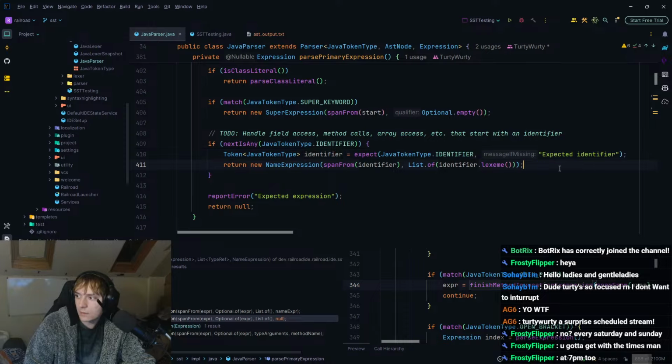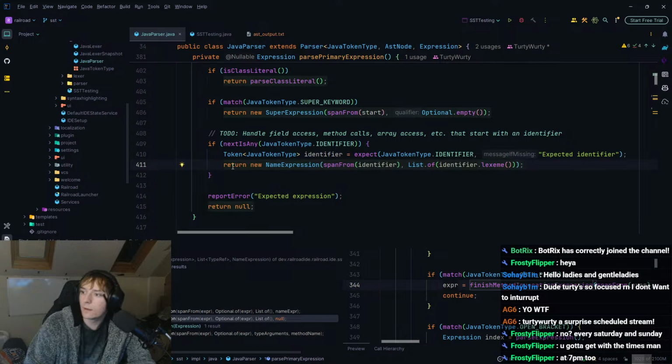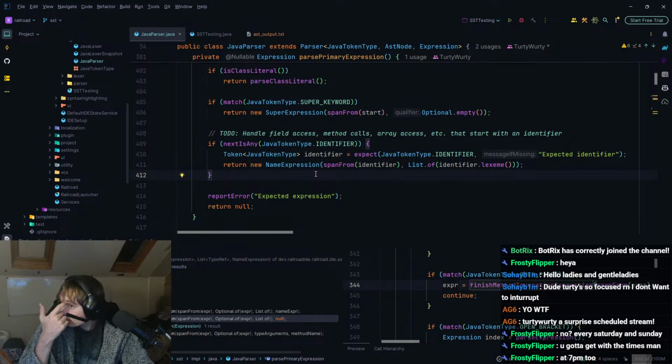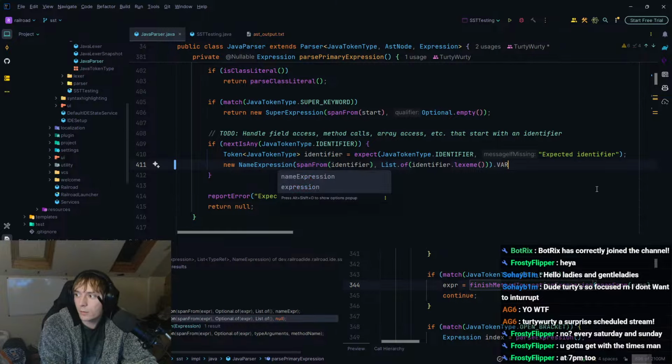So if next is an identifier, we need to take this identifier and do something with it rather than just returning it. So we need to look at what the next token is and use that to figure out what to do next.